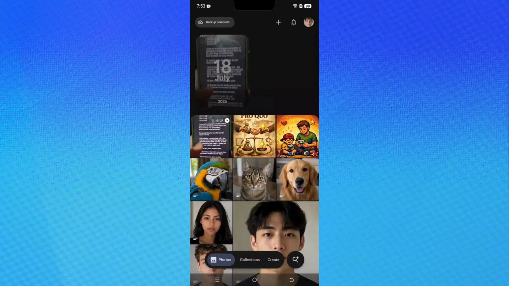In today's video, I'm going to teach you how to back up WhatsApp images to Google Photos. If you want to keep your WhatsApp pictures safe and make sure they're included in your Google Photos library, this process is quick and easy once you know where to look. Backing up these images can help you avoid losing important photos if you switch devices, clear storage, or accidentally delete